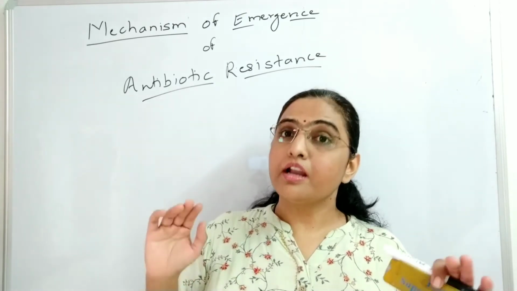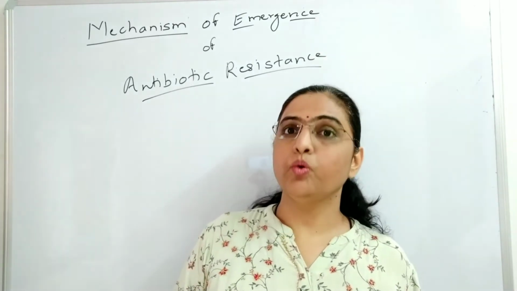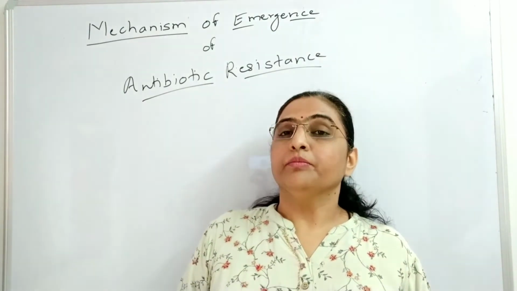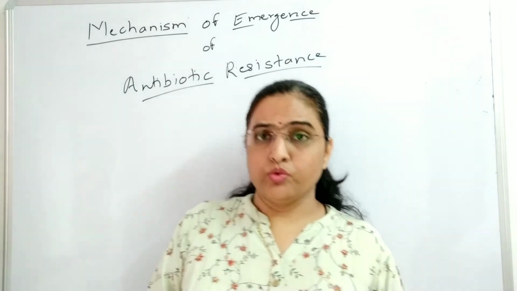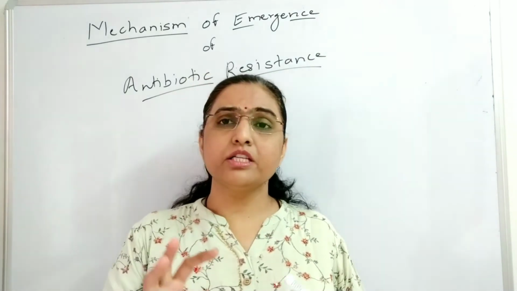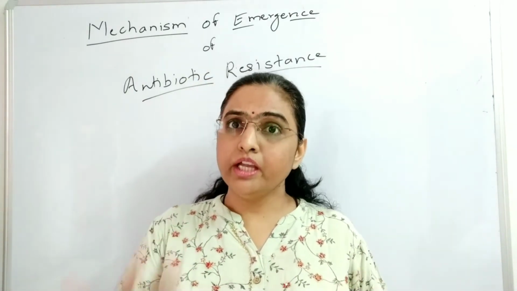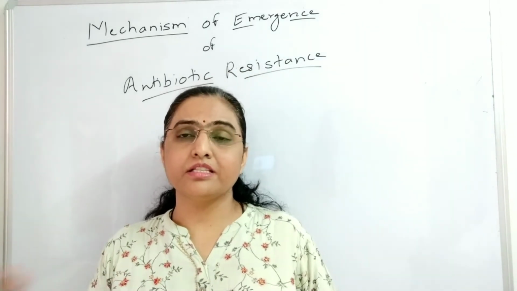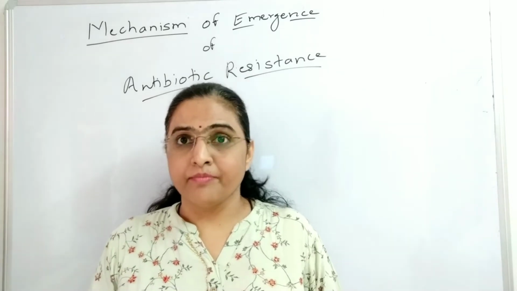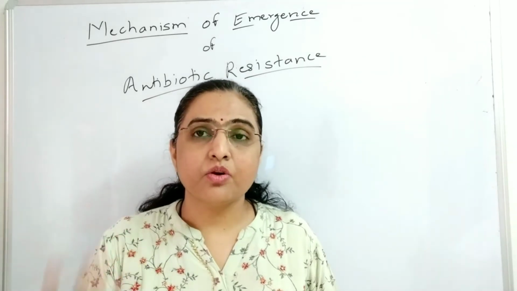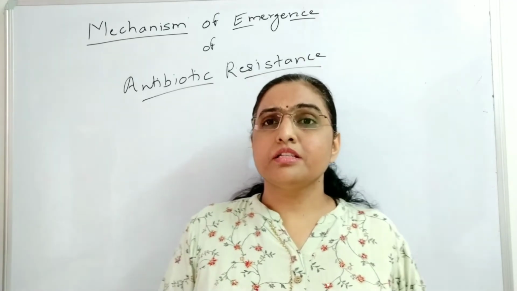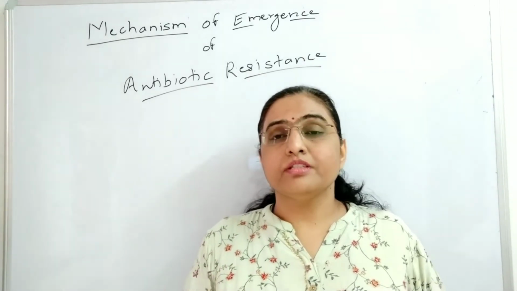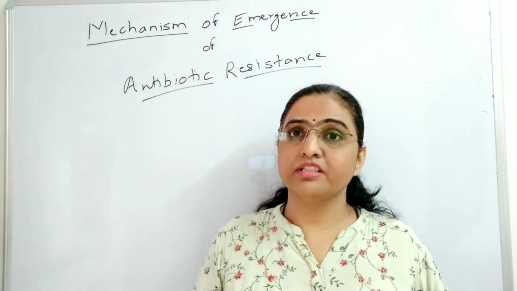in gram-negative organisms like E. coli, Pseudomonas aeruginosa, Acinetobacter, Neisseria, then Enterobacter aerogenes. These bacteria have developed resistance to antibiotics. It has been observed that Pseudomonas is getting resistance to the carbapenem class. Then Neisseria gonorrhoeae has got resistance to the tetracyclines and the beta-lactams. Then Enterobacter aerogenes has got resistance to the cephalosporins.